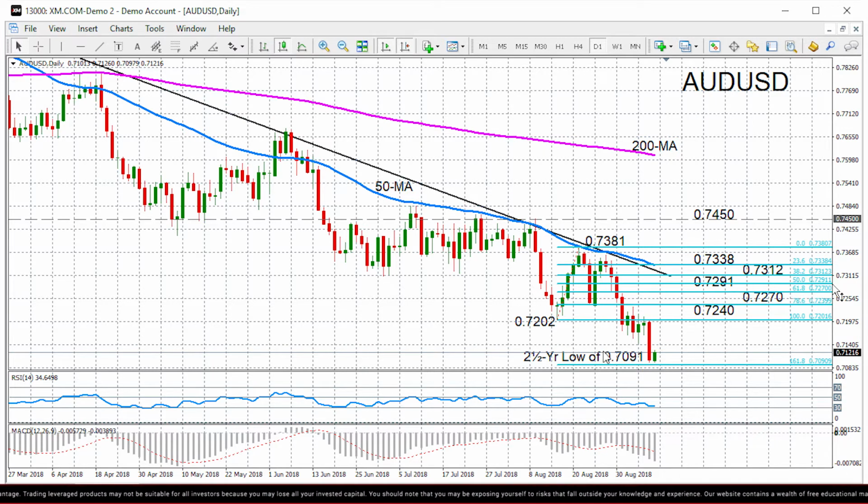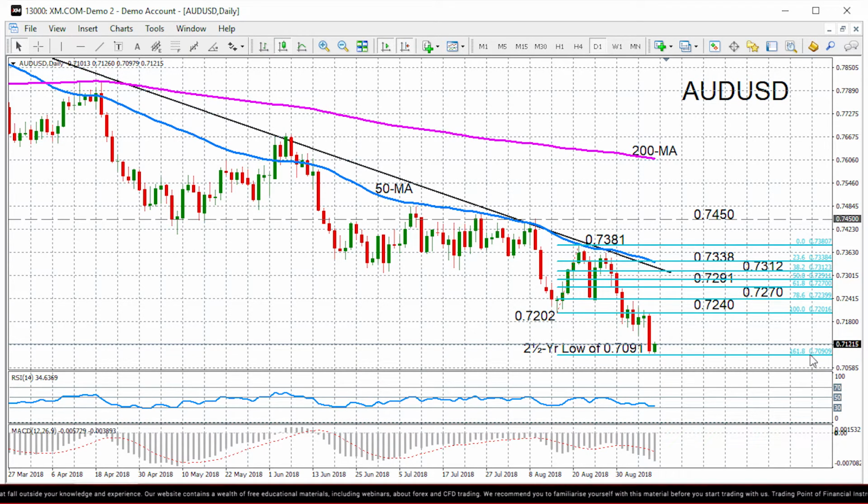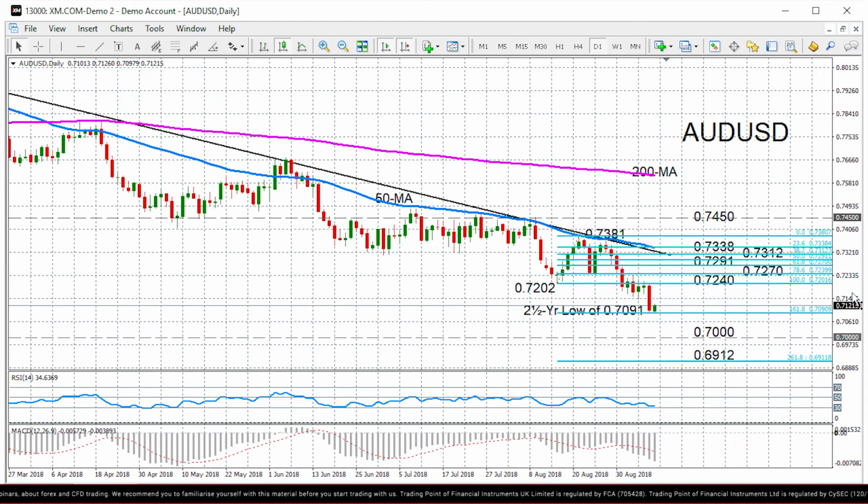the near term. Prices did find support twice on Friday and earlier today at that 2.5-year low of 0.7091. That's the 161.8% Fibonacci extension of the up leg from 0.7202 to 0.7381. A breach of that support, we could see Aussie dollar heading towards the 0.70 handle, and below that support would likely come from the 261.8% Fibonacci extension at